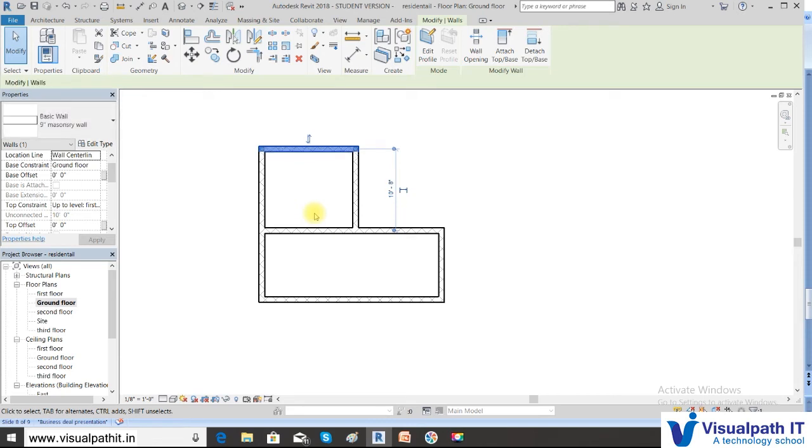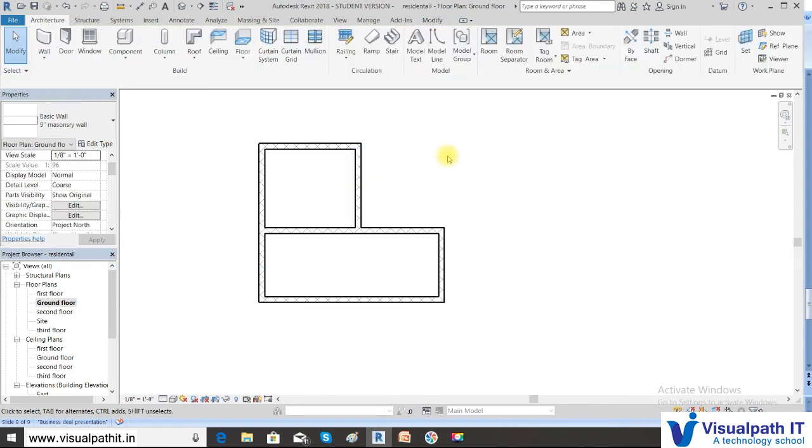Up arrow, the value gets changed again. In this way, you can select it and use the left arrow to move left and right arrow to move right on your screen. This way you can adjust the distance later on also whenever you want to make changes.